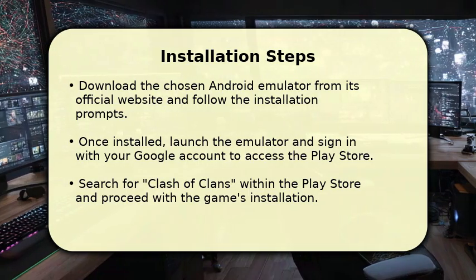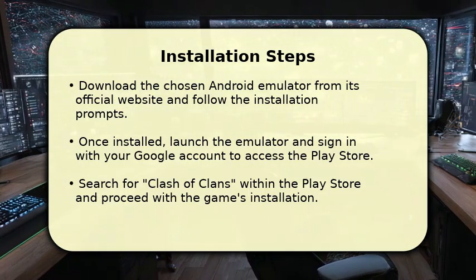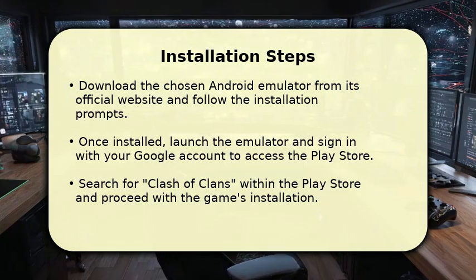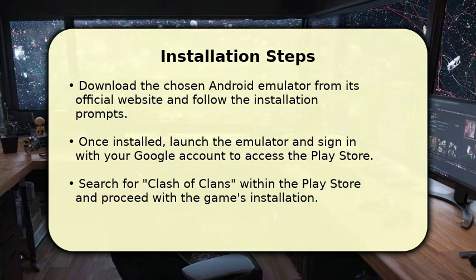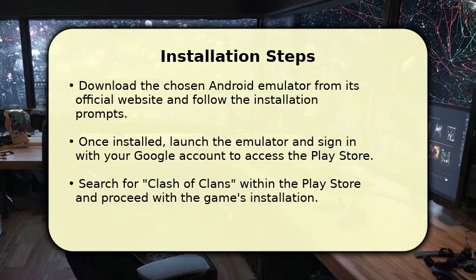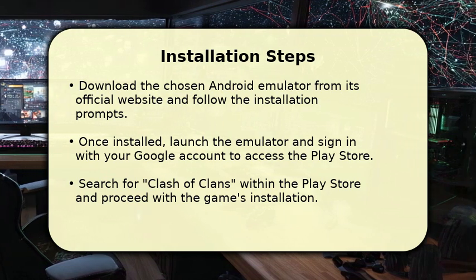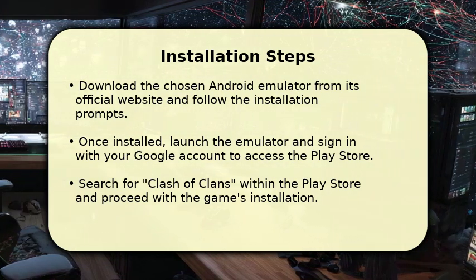Once the emulator is successfully installed, launch it and you will be prompted to sign in with your Google account. This step is essential as it grants you access to the Google Play Store, just like on an Android phone. From there, simply search for Clash of Clans in the Play Store and click Install to get the game running